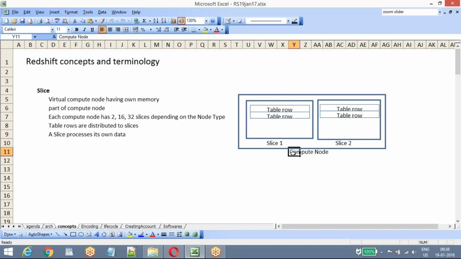You have a compute node. You already know what a compute node is, right? It is where the data is stored and executed. There are two types of nodes, as I told you: one is dense storage and one is dense compute. So depending on the type of node that you select for your clusters,